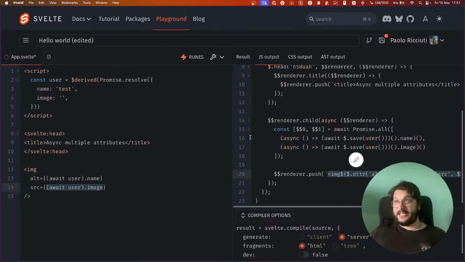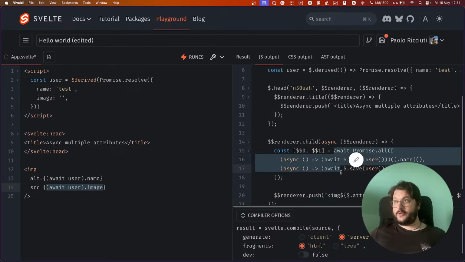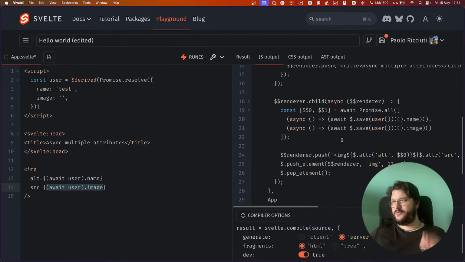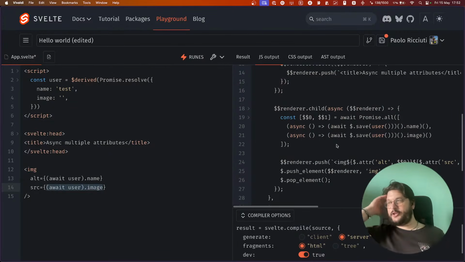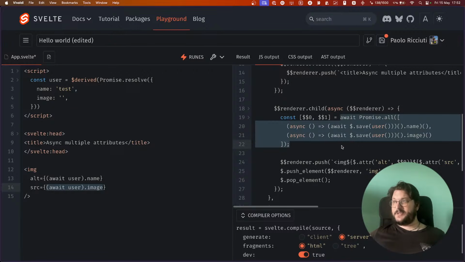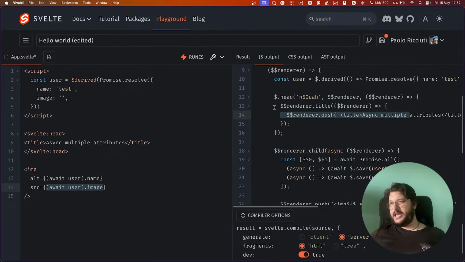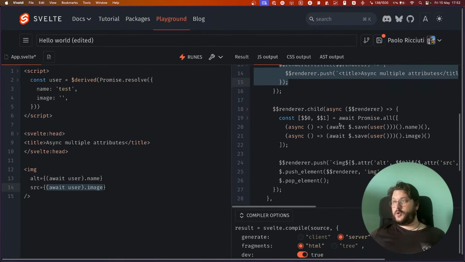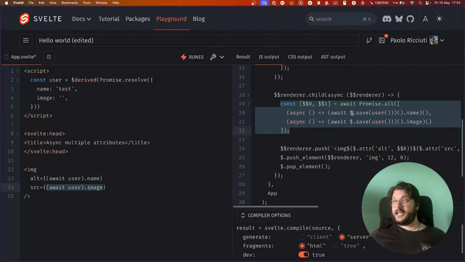The problem in this version of Svelte was with this await promise.all, and this was actually a problem just in dev. The problem was that when you do this, it creates a race condition with this render.title, because it's rendering a child, it awaits the promise, and it doesn't restore the context.